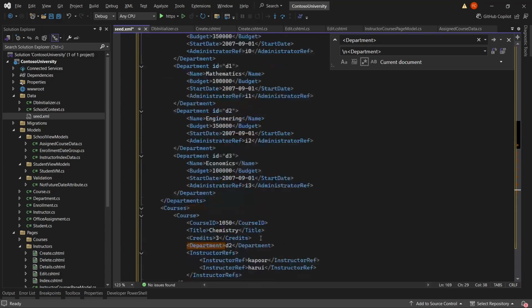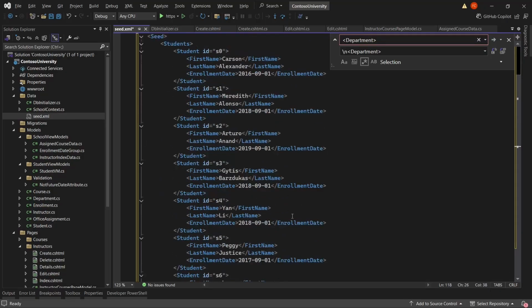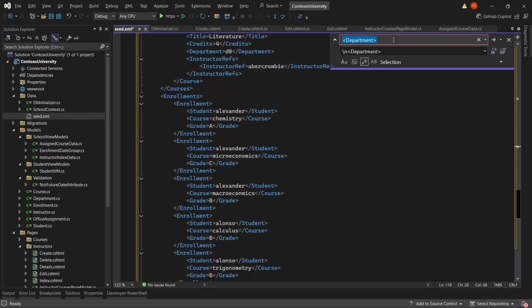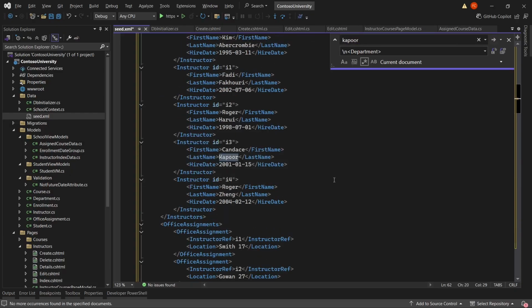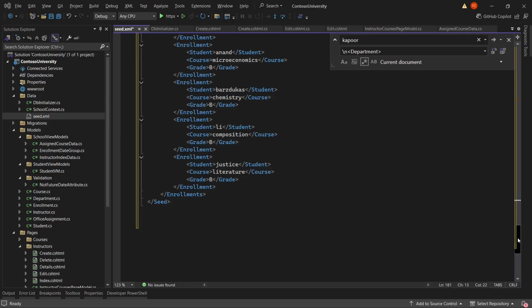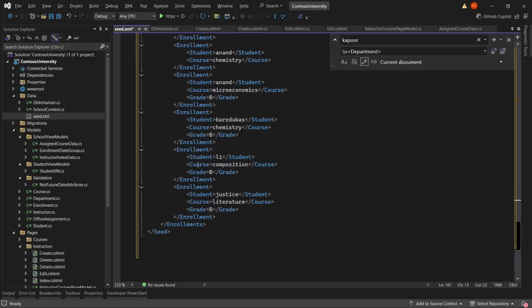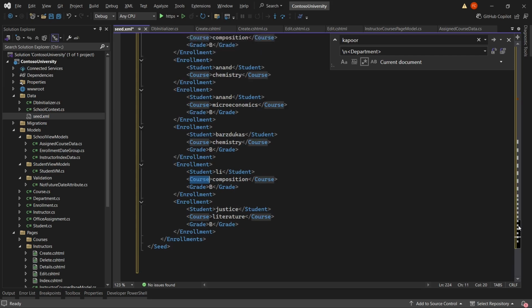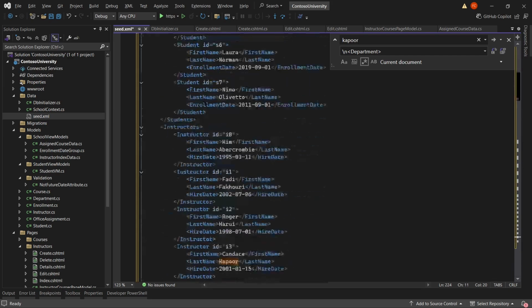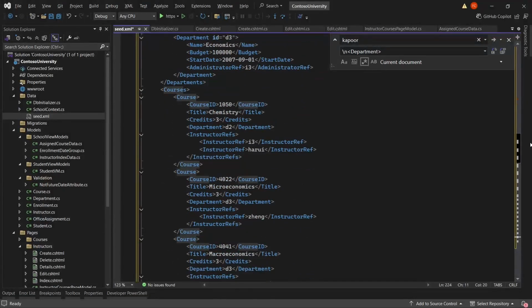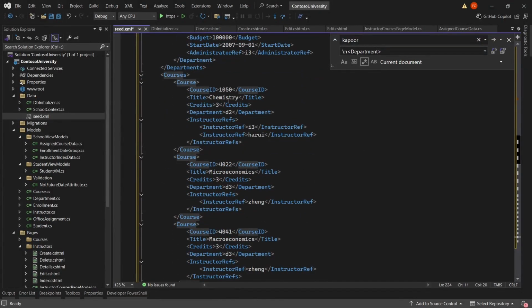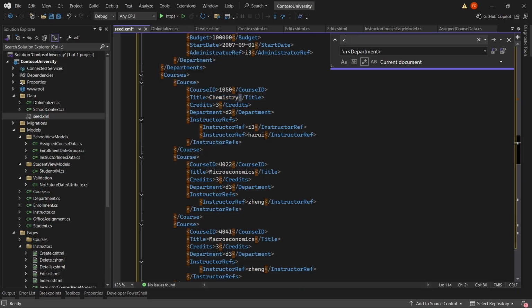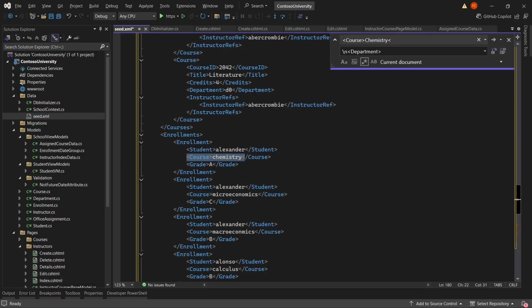And then the last thing we need is just to change these names. So Kapoor is I3. Let's find Kapoor. Okay, so that's the only instance. And one thing we can see here is, for example, if we go to the course section, the course title is this. So I'm going to do a find and replace, where if course equals, for example,